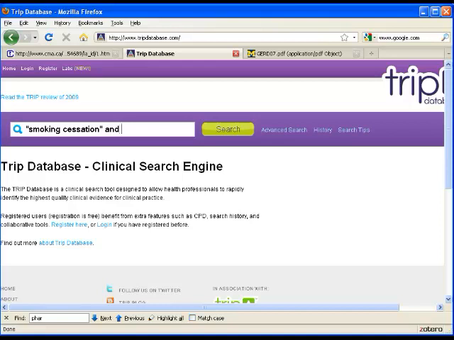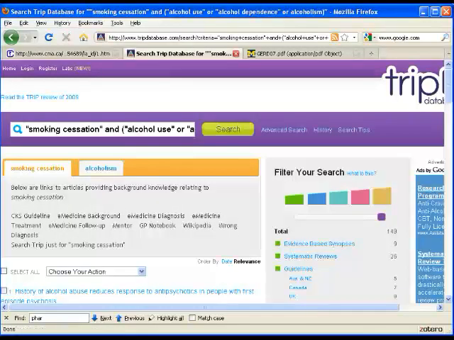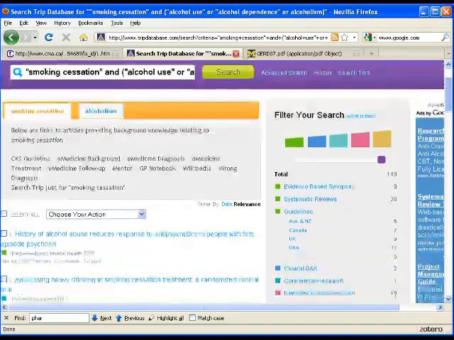So I'm going to try a search for our earlier topic, which was smoking cessation and alcohol use, or alcohol dependence as a phrase, or alcoholism. And I'm going to use the parentheses to capture the terms that are synonymous with alcoholism and combine that whole string with smoking cessation. So if we run this search, what you'll notice, this next part is interesting, is that